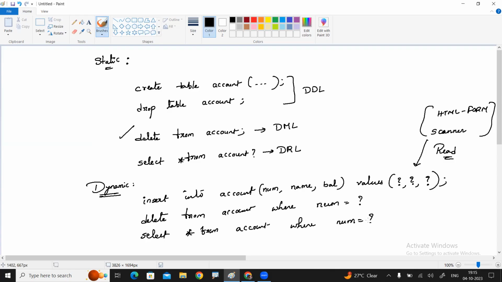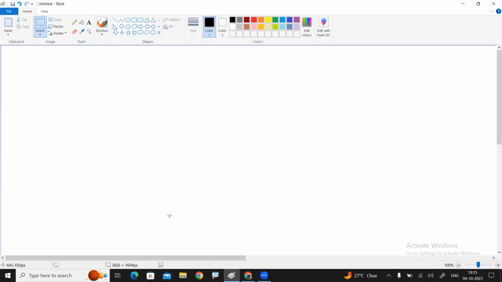Dynamic queries means we are reading using the scanner or from an HTML form. Static queries and dynamic queries. Now come to the point. These are static queries and these are dynamic queries. Now, how to execute static queries? How to execute dynamic queries?